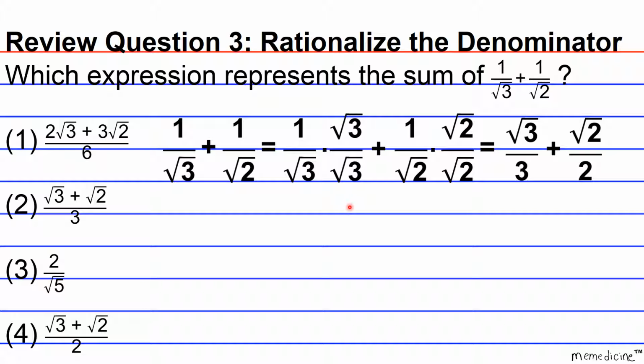So what we're going to have to do now is come up with a common denominator, specifically the least common denominator. And all we have to do to do that is multiply the denominators, and we find out that the LCD is 6. And the reason why we know it's the least common denominator rather than just any old common denominator is because 3 is a prime number and 2 is a prime number. So we don't have to go ahead and do prime factorization to find the least common denominator. Because let's say that this were 4, a common denominator would be 12, but it would